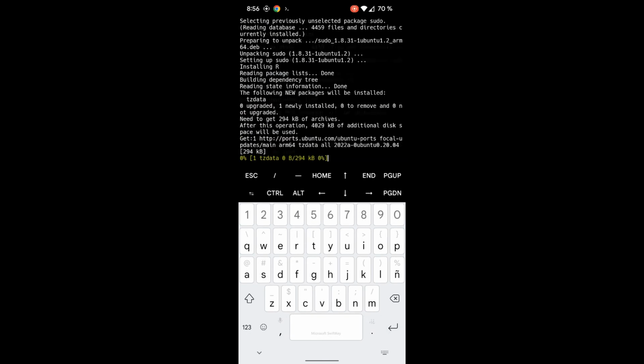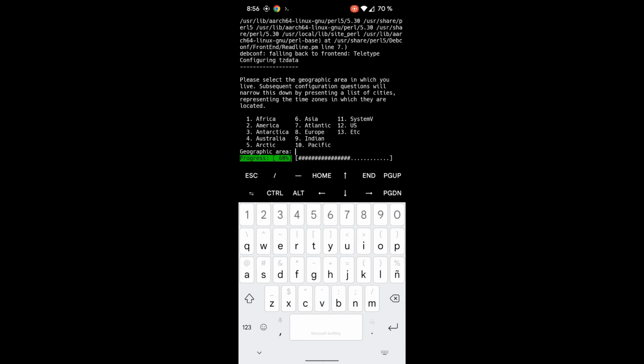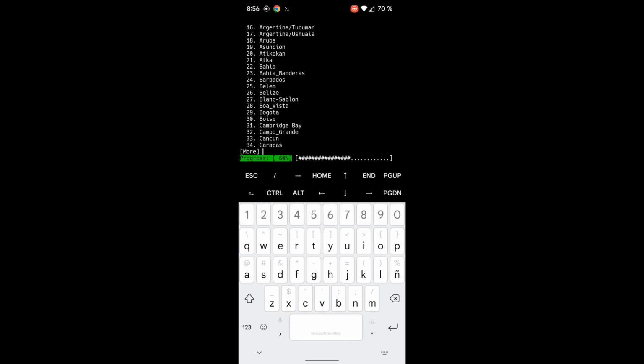Wait a little bit, and it will ask you for your time zone. Once you answer that, wait until it finishes compiling. For me it took like 3 hours to compile using the root method, and like 6 hours to compile using the non-root method. Now if you turn the screen off, the phone's CPU will likely enter into sleep mode,